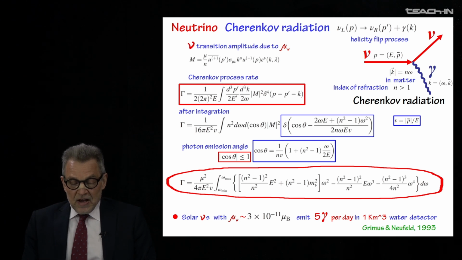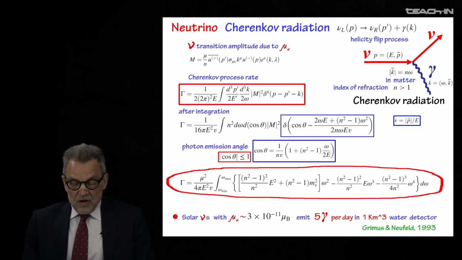So this matter is characterized by a refraction index that is bigger than 1. Then this process becomes open, and the initial neutrino is converted to a final one with emission of a photon, and the Cherenkov rate is given by this expression. This is the matrix element, the amplitude of this process, and a straightforward calculation results in this quite uncomplicated expression